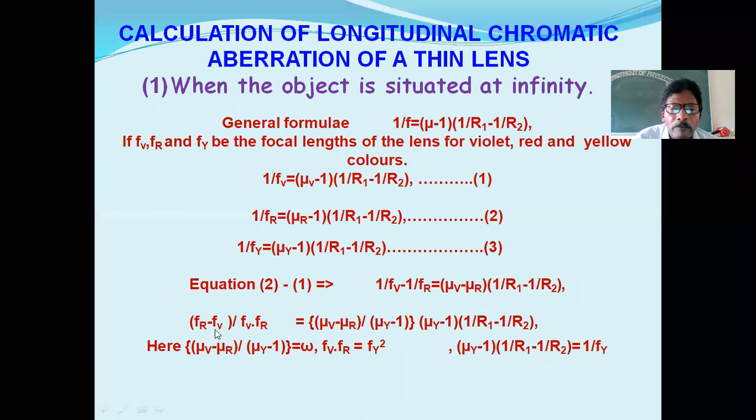Here you see fr minus fv by fr fv. This fr into fv is written as fy square, because since fy is the mean of all the colors of light, then for an approximation, we can write the product of fv and fr as fy square. So here we are having 1 by fy. Here it is fy square. One fy gets cancelled. So finally we get